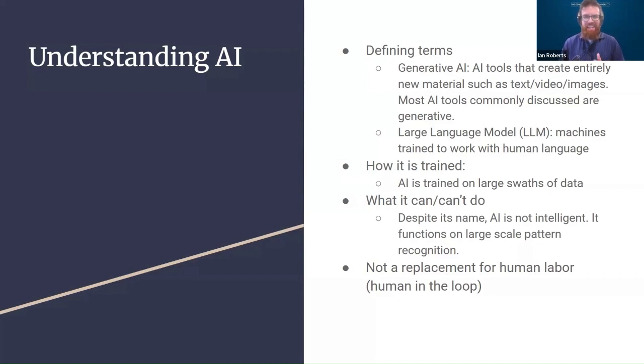But despite its name, it's not intelligent. It's pattern recognition. It's like your phone predicting the next word you're going to put into a text message, except it can accept hundreds or thousands of words at a time. So think about how often your phone is right and wrong in whatever word you want to use next. And you can see the potential problems.